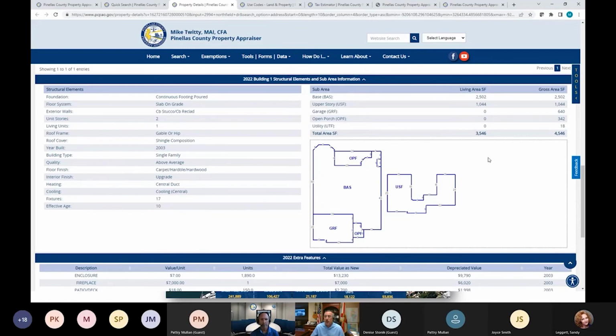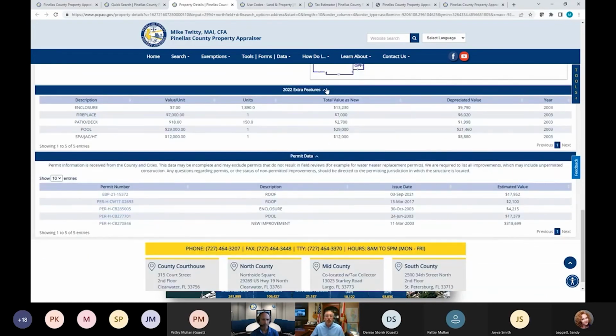In this case, it's a single family residence. You have your living square footage, your gross areas, and your structural element breakdown over here. Any extra features are listed in this area. This layout is generally similar to what you're used to seeing on the prior website. And then we've spent a lot of time